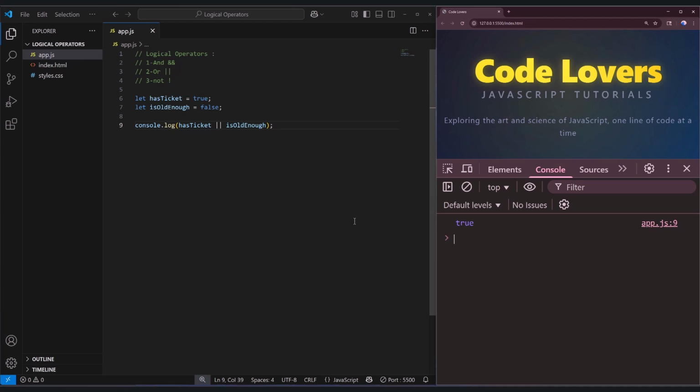Let's use this logic in an if-else statement to create a clear message. We want to check if you can enter the concert. For that, you need a ticket and you need to be old enough. So, the AND operator is the right tool here. Let's set isOldEnough back to true so we can start with a positive result. Now let's write our if statement. So here I write if hasTicket and isOldEnough,